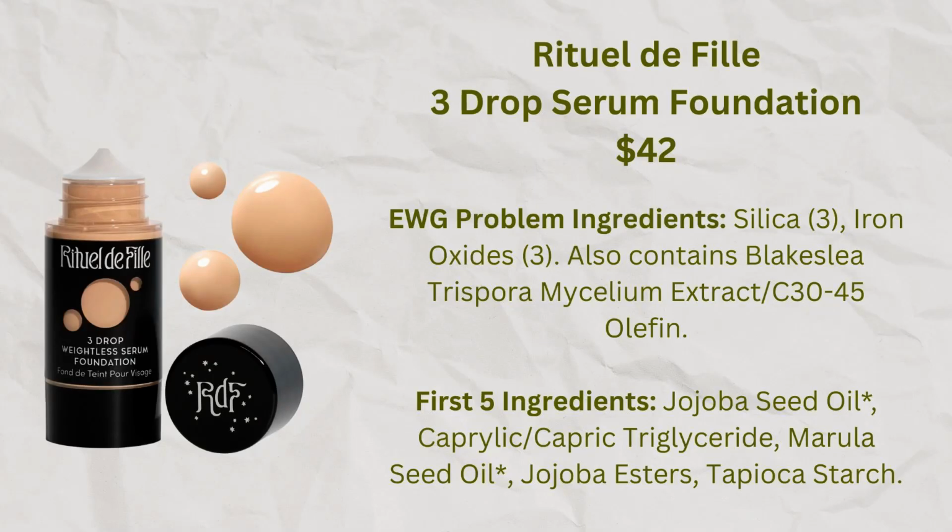So I think it's pretty. I think it looks very pretty on my skin. The ingredient in it that I'm wondering about is one that's called Blakeslea trispora mycelium extract, C3045 olefin. And I am not sure why they are putting that in there, but that seems to be a